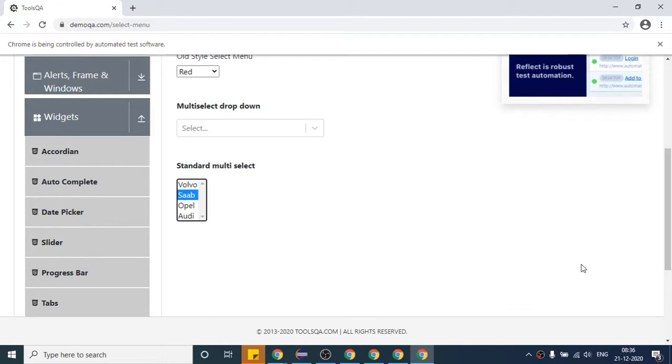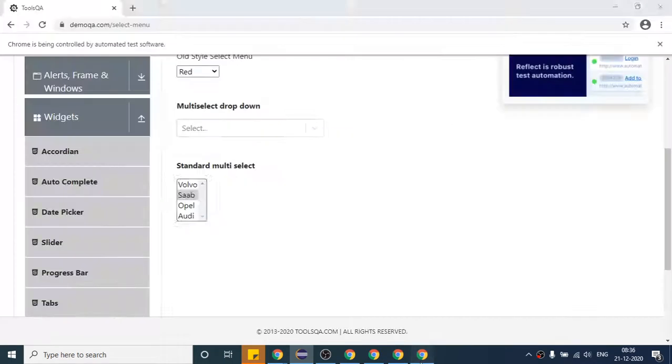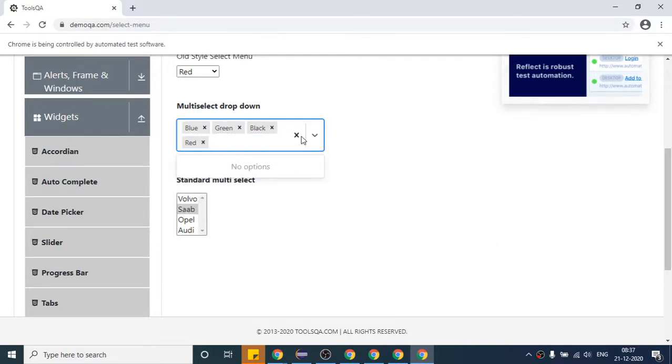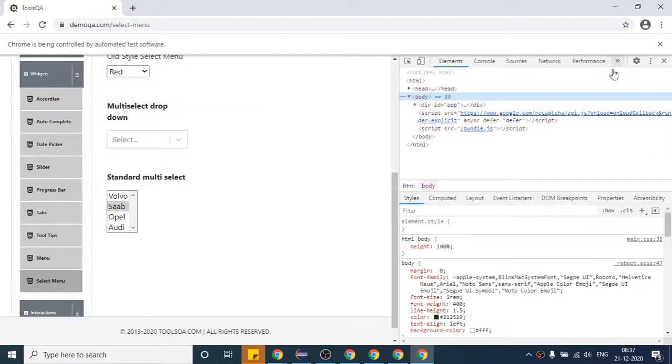Okay, so is it clear? I have one question. Yeah. How will you come to know whether the drop down is multi-select or not? See, you can see only by clicking it, right? Here it is not giving you any option. This kind of drop down you will never see, but here you can see. If you click that, automatically you come to know that it is allowing you to click more than one. So only I think you have to visualize it, right? Is there any tag or something? I think I was coming to that point. I think there is some property, might be some property they have designed.